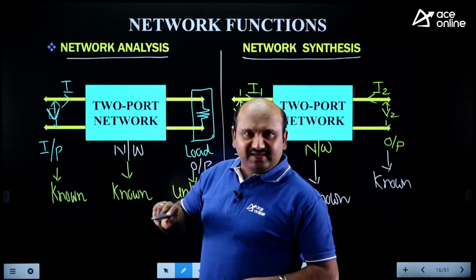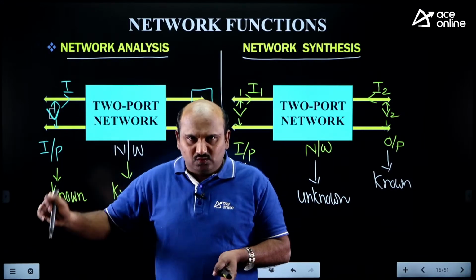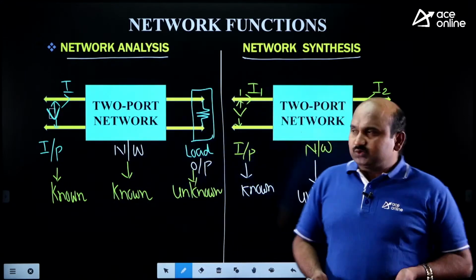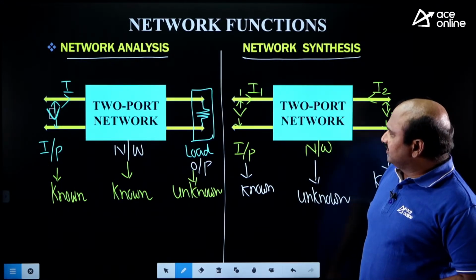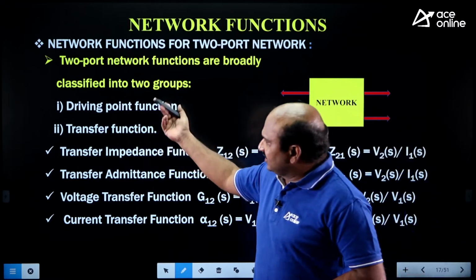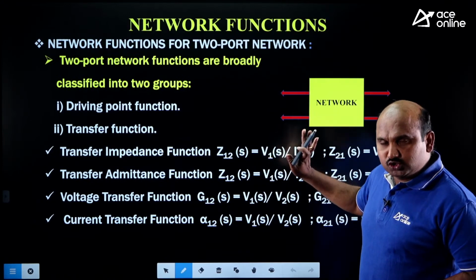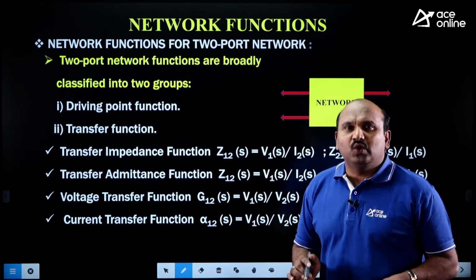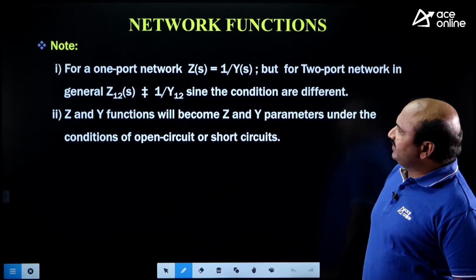Analysis means already what we have done under the first 4 chapters, that is nothing but the analysis. Input is known and network is known, output we have to be estimated, right? Now while coming to this one, whatever we have taken here, this part we will consider is for two-port network. You just make a glance on this one, driving point transfer function we have for two-port network. We are not going to discuss two-port network, because this is not under syllabus. Under synthesis we have the syllabus only under one-port network, right? Only one-port network.